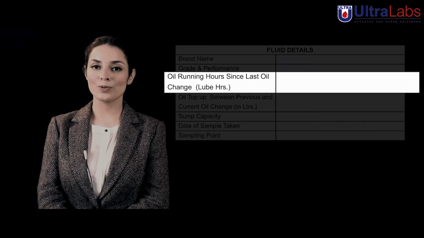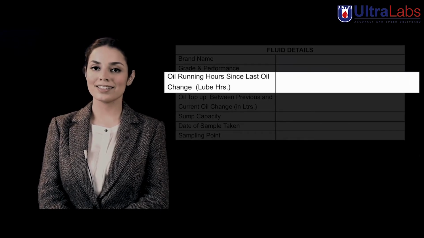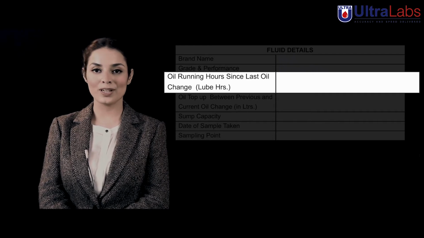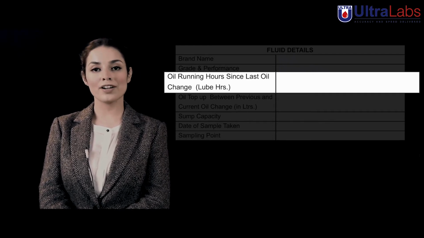Next, enter the fluid running hours. Fluid running hours is the difference between the HMR of last oil change and the HMR of current oil sample.